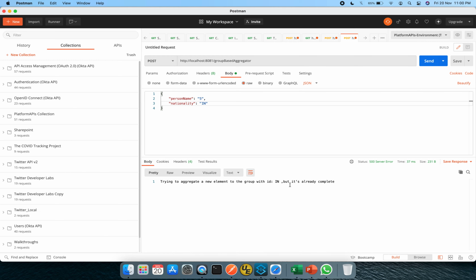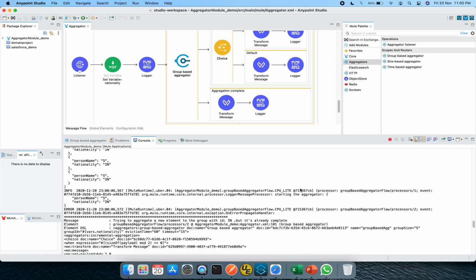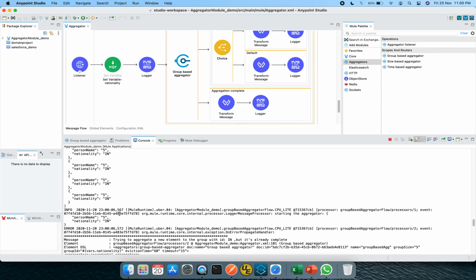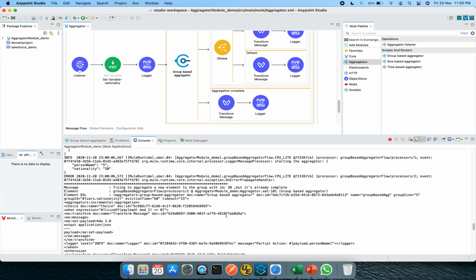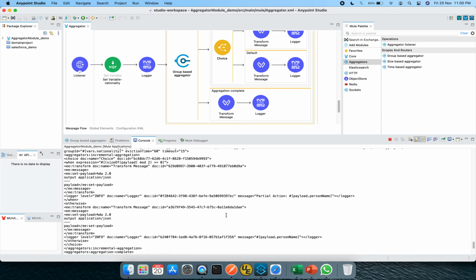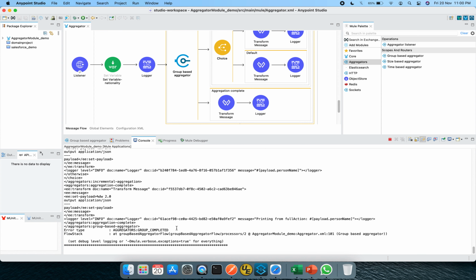So now again it is showing it is already complete. So let's see why it is so. Okay, the reason being 1, 2, 3, 4 and 5 entries are already done, and the sixth time when I'm putting the same, it says, one second, let me go to the exact error, like group is already completed.